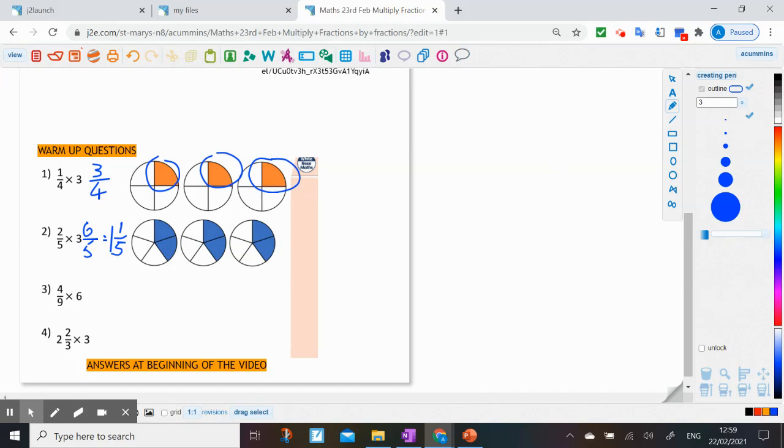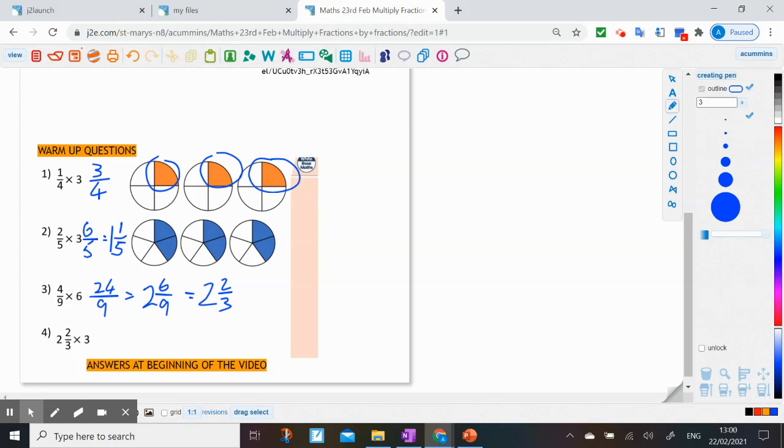Number 3, 4/9 times 6. Well, 4 times 6 is 24, staying in ninths. 24/9 is improper, so that becomes 2, because 24 divided by 9, of course, is 2, and a remainder of 6/9. We could end there, but 2 and 6/9, they are both in the 3 times table, so we could actually simplify that and say 2, and divide 6 and 9 by 3, and we're going to end up with 2/3